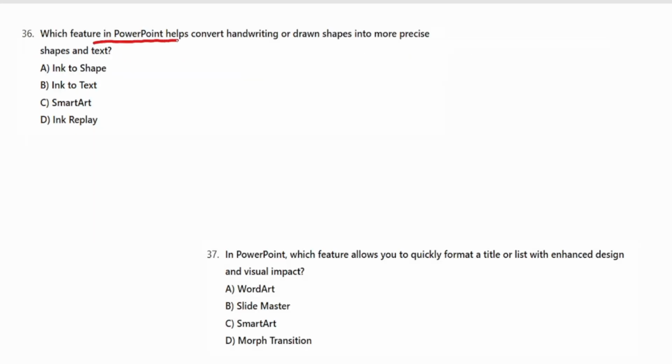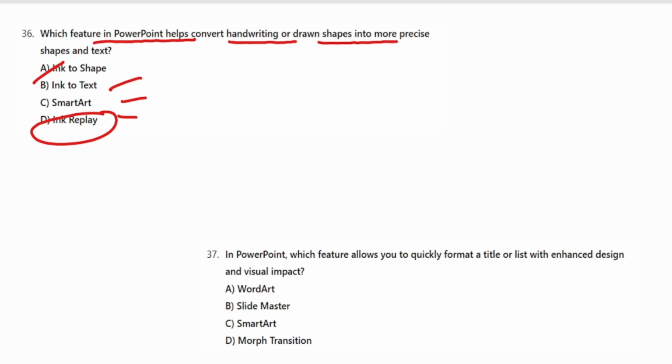Which feature in PowerPoint helps convert handwriting or drawn shapes into more precise shapes and text? So the correct option here is ink to shape, option number A, because ink to shape transforms hand-drawn shapes into precise shapes, while other options like ink to text, SmartArt, and ink replay are different: ink to text converts handwriting to text, whereas ink replay is only used to replay the drawing sequence.